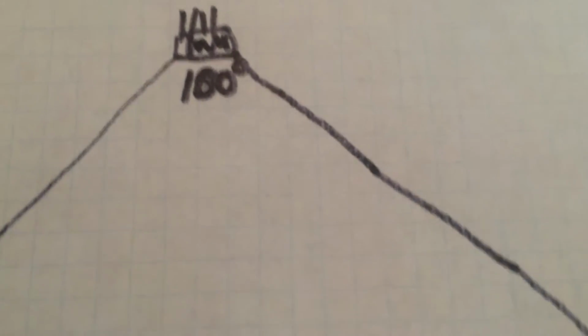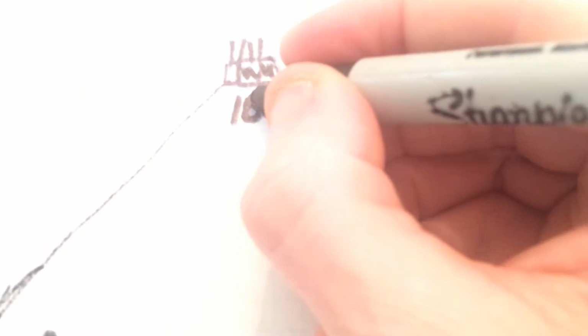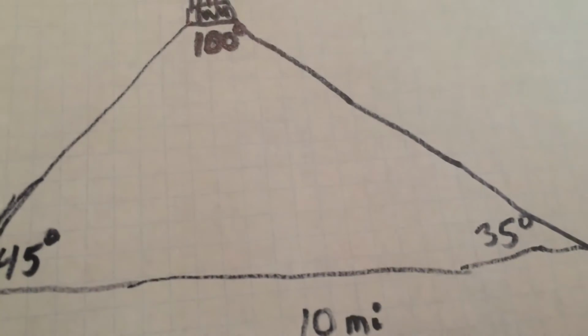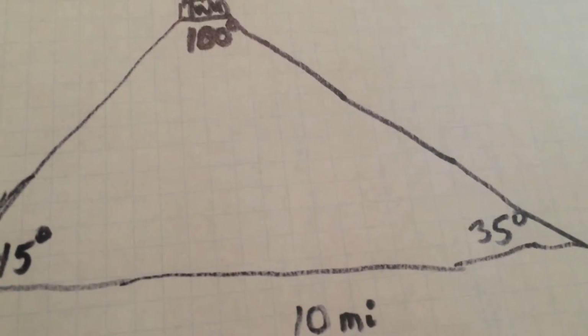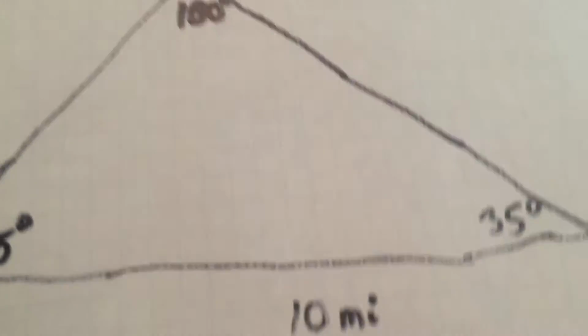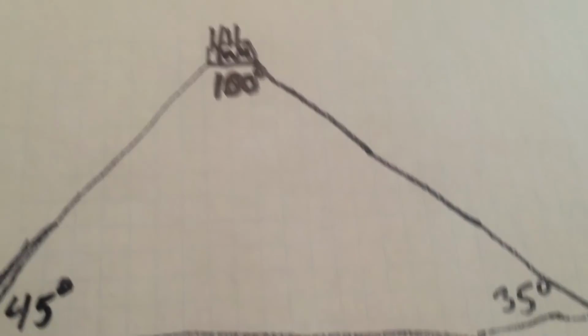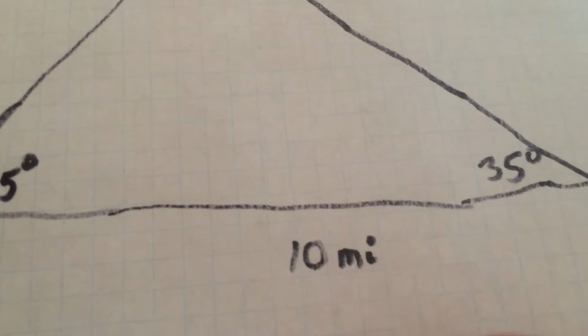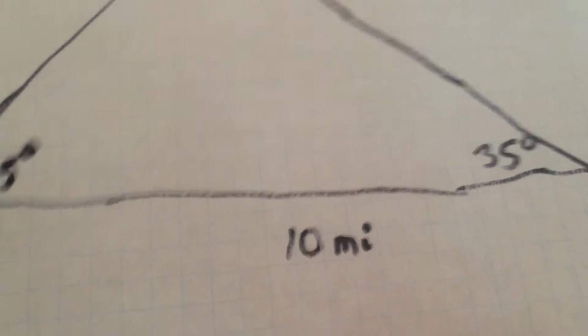So therefore, the angle here would be 100 degrees. And once again, we can set up a law of sines equation because we have the angle and the side opposite. So we have the sine of 100 degrees over 10